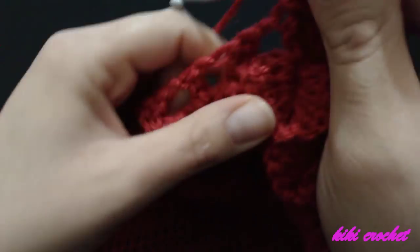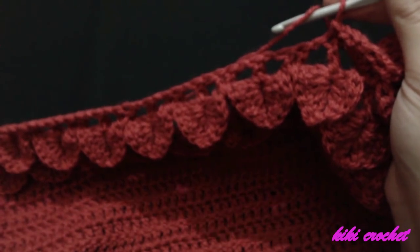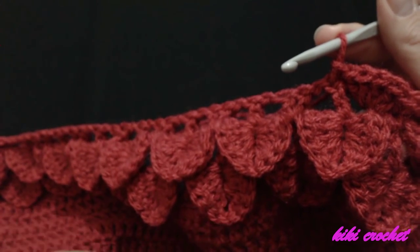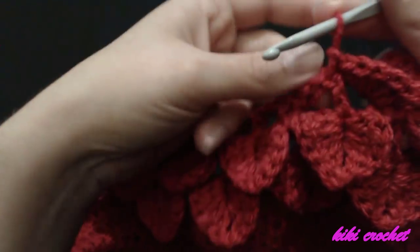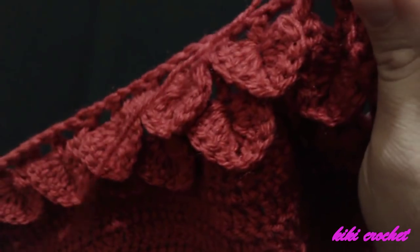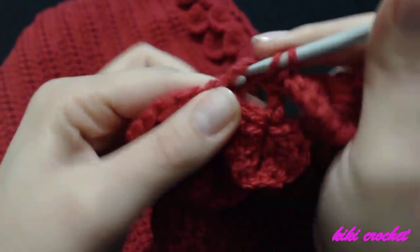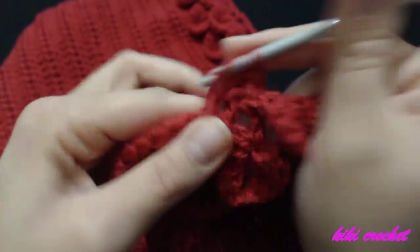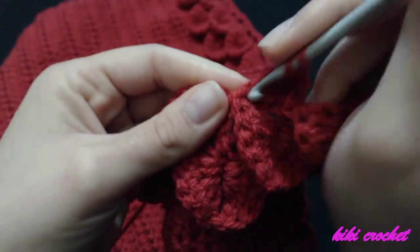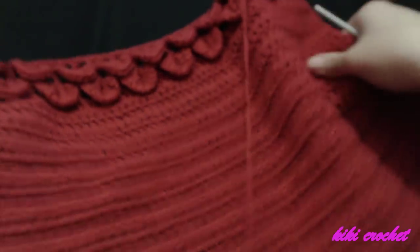We're going to make a slip stitch, and now we're going to work in the next 2 double crochet, and we're going to make 5 double crochet, we're going to work 5 double crochet on the right side of the stitch, and we're going to work 5 stitches moving downwards. 1, 2, 3, 4 and 5. Chain 1, and now we're going to turn our work,